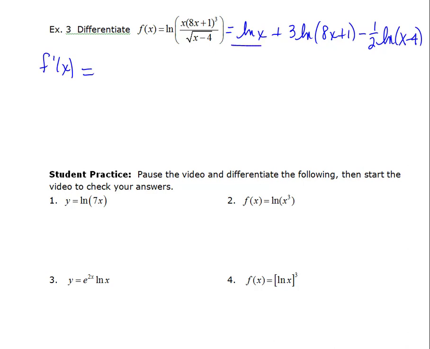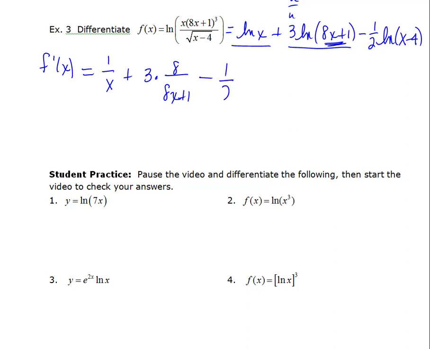And so the derivative of the first piece here is just going to be 1 over x. The derivative of the second piece, it's going to be 3 times, and now I'm going to use the u prime over u notation. It's a little bit easier here. So I'm going to get 3 times, well, in the denominator, I'm going to have 8x plus 1. And then the numerator, I'm going to have the derivative of what's inside, which is just 8. I've got u prime over u